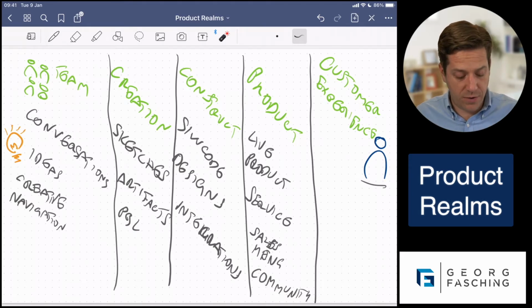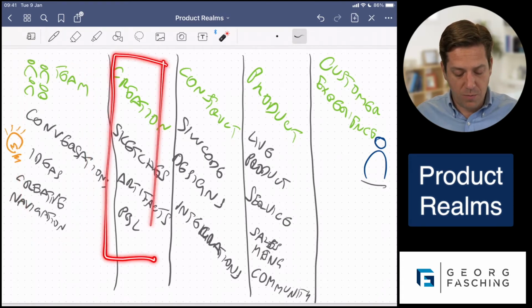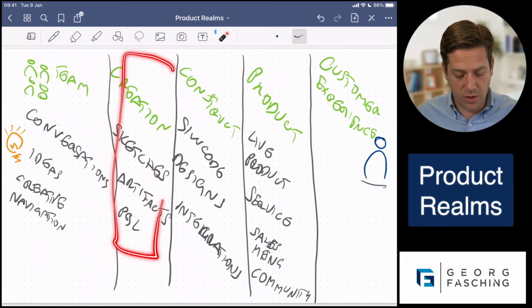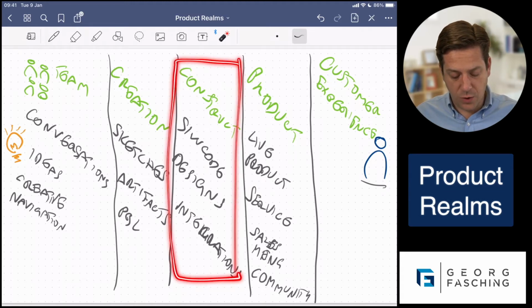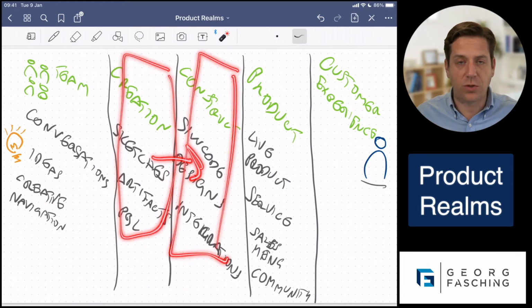We have covered everything from the team over to the customer experience, have taken a step through the team, working through the different ideas, having conversations around it. Whatever is worth being taken note of or being put down in sketches will be put down in sketches. We have elements like our product backlog in here also, where the product backlog item will be further refined over time. And then we have worked out what works out of the creation stage and what makes it into the next realm, into the construct.